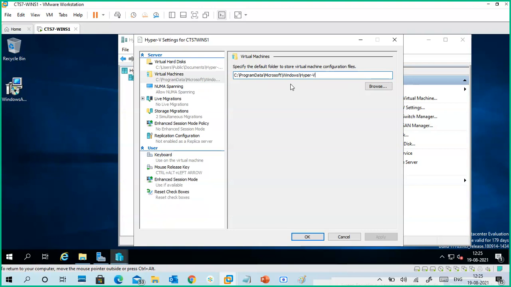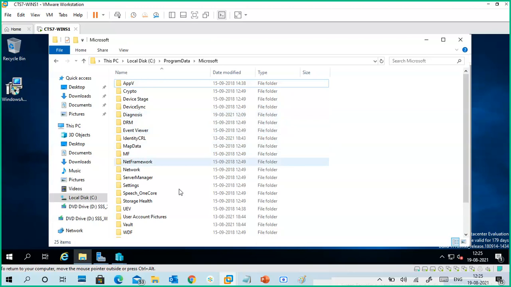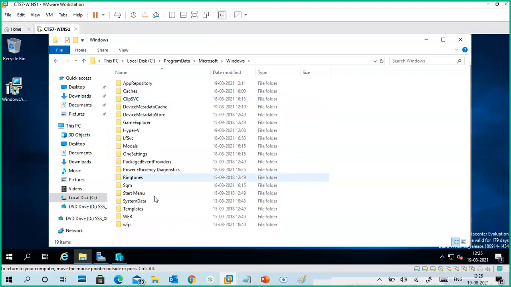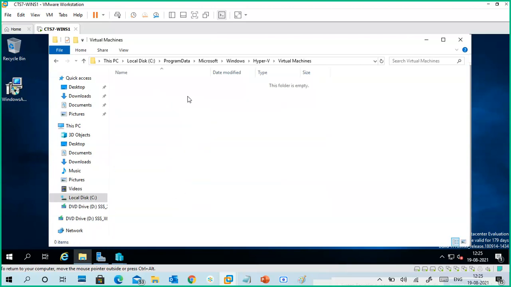So where is the location of this one? ProgramData, Microsoft, Windows, Hyper-V. See, the location is very difficult to find. So this is the virtual machine folder.